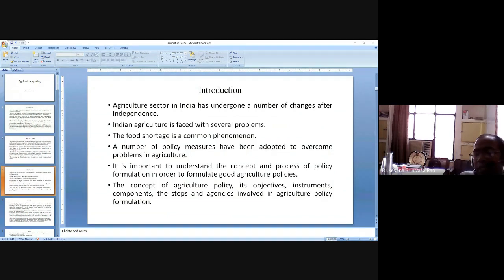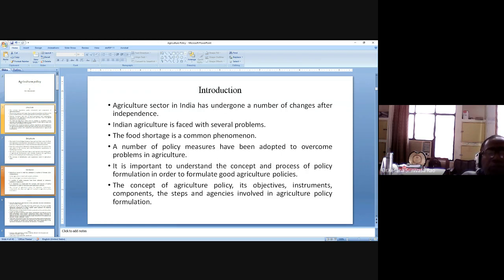Now we can see the contents of this lecture. Now we can start with the lecture, the introduction. We can see that agriculture has undergone a number of changes after independence. Before independence, how it emerged and how it evolved, yesterday we had a discussion about that. Today, Indian agriculture is faced with